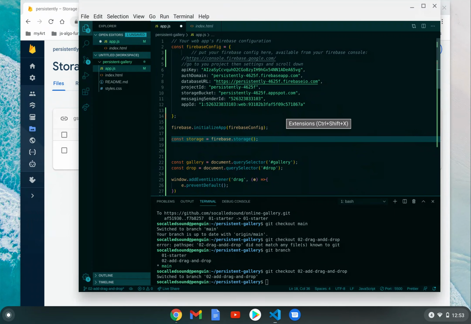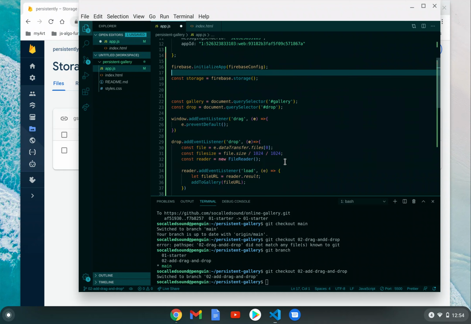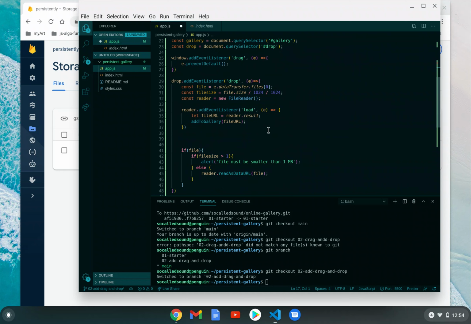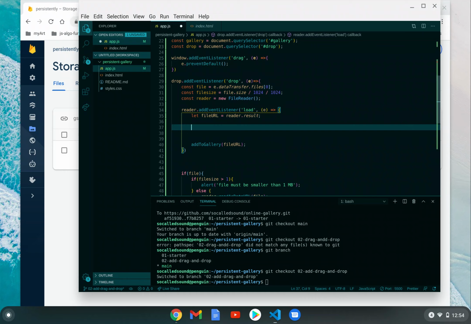And then later on we'll come back and configure our Firestore database, but right now I can just think about how I'm going to add my file that I get back here up to my Firebase storage. And so when we drag and drop a file in, after we load here in the event listener,